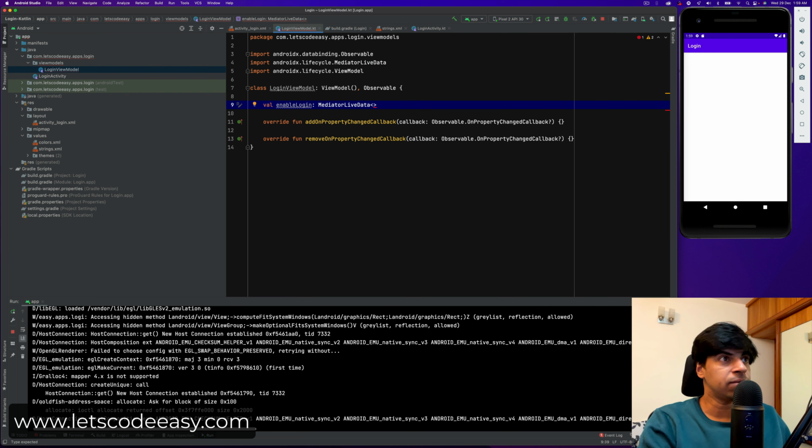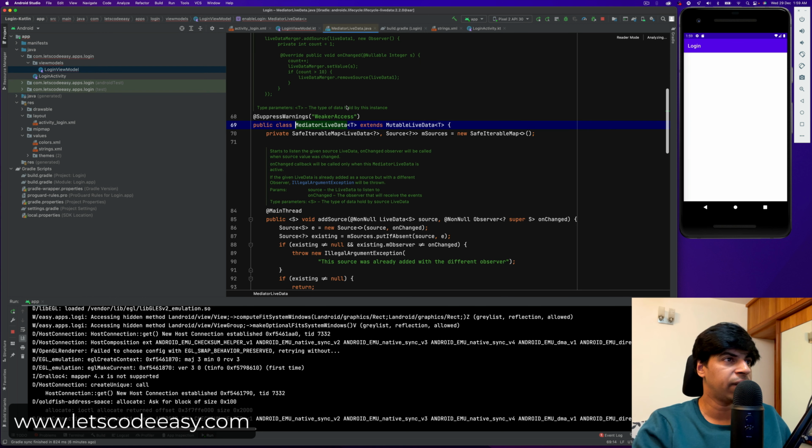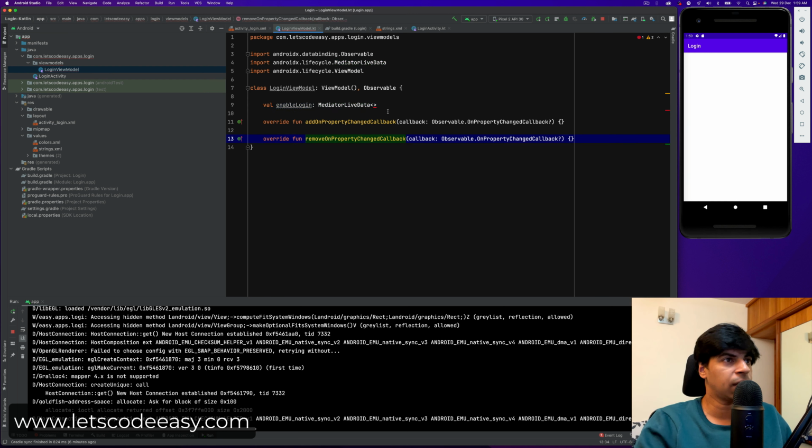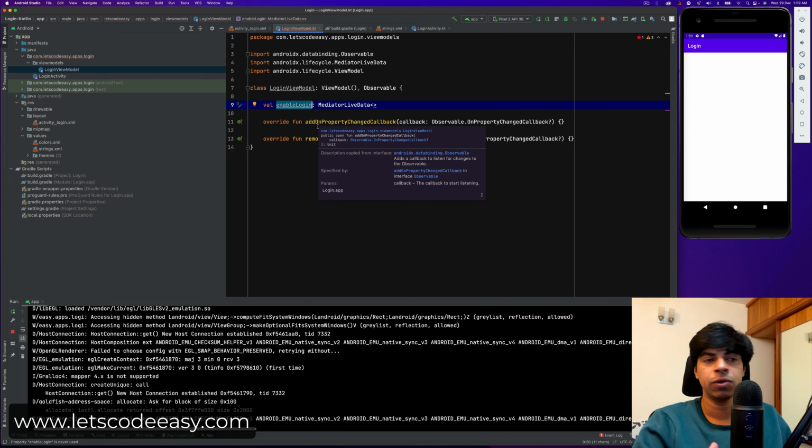So technically I don't know how this works, but this is something we have to use. If I go to the implementation, it starts to listen to a given live data on change. So this is going to listen to some other events occurring in some other live data source, and then every change it's going to listen, and based on its changes we can do modifications to our observable. So this is enable login case, which is going to listen to the email as well